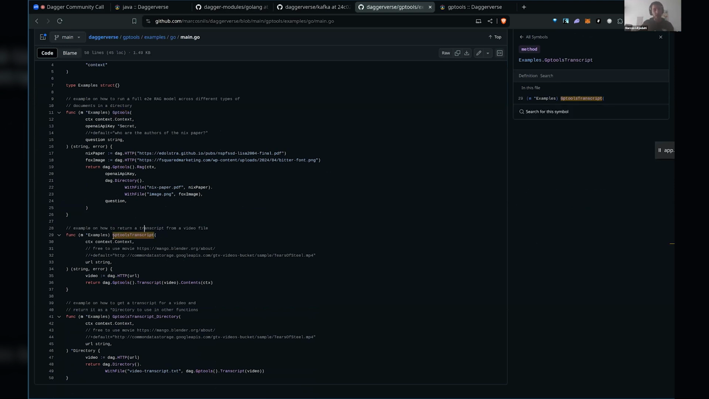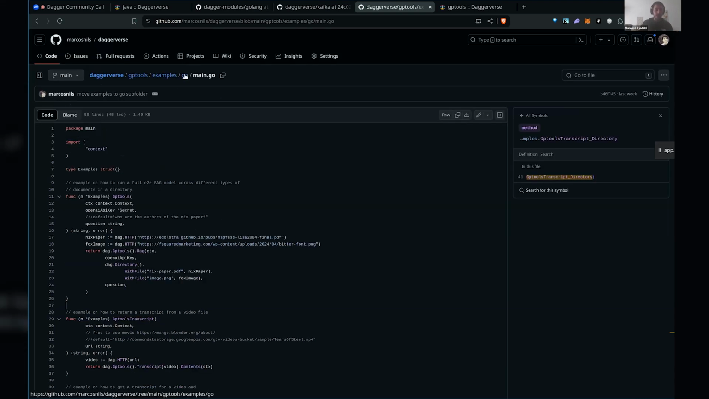This is the name of the parent module and the function of the parent module, GPT Tools. And this again is the name of the parent module, a function, and then underscore directory, which is another example of this transcript function of the parent module. So once I have this, and I can do it for the 3 SDKs,